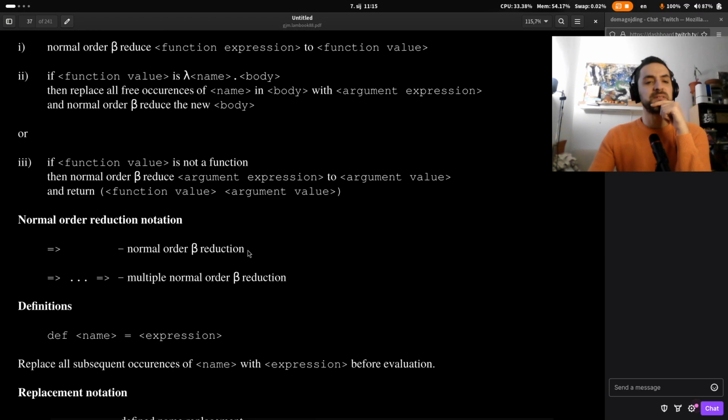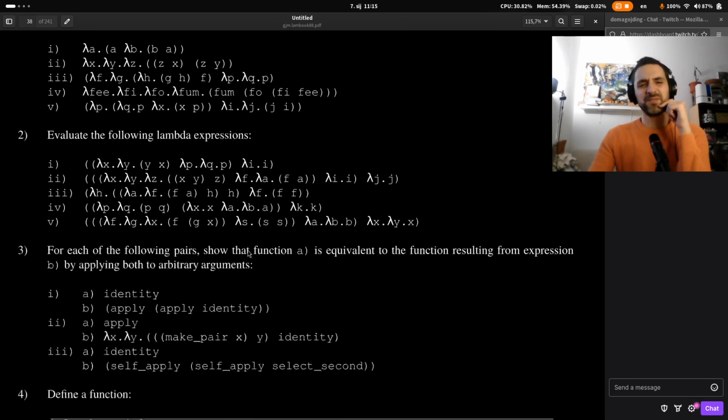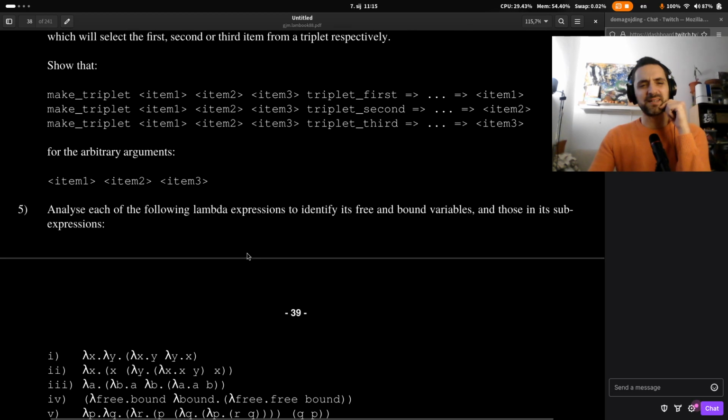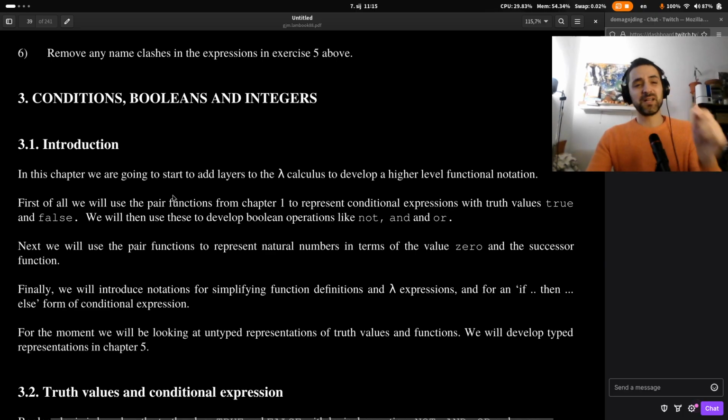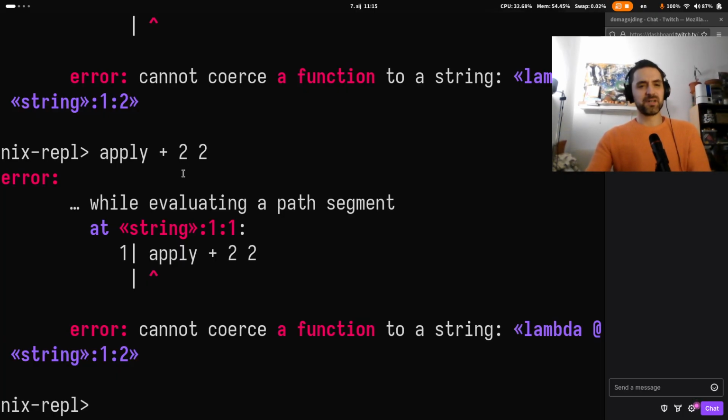Free variables. Yeah, I remember this. Well, I don't think I have to do everything again. Maybe I'll start again with the conditional. We did the select first though. Select first was,